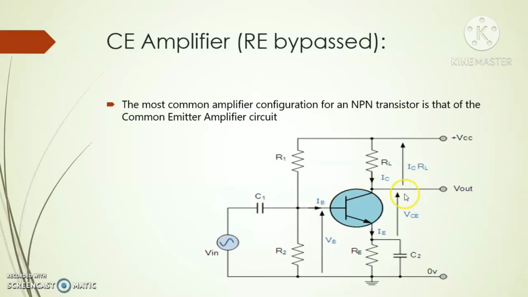C1 and C2 are the coupling capacitors which are used to block the DC, and hence the circuit is nothing but an AC amplifier. This C2 capacitor, which we normally call the CE capacitor or bypass capacitor, is used to bypass RE. This RE is very important. It is used to stabilize the Q point, but if it is present in AC analysis, that means if this capacitor is not there, then the voltage gain of the amplifier will reduce.